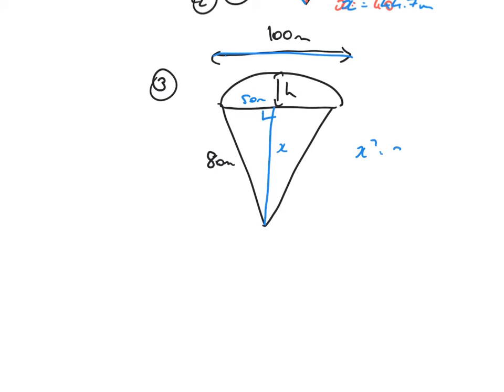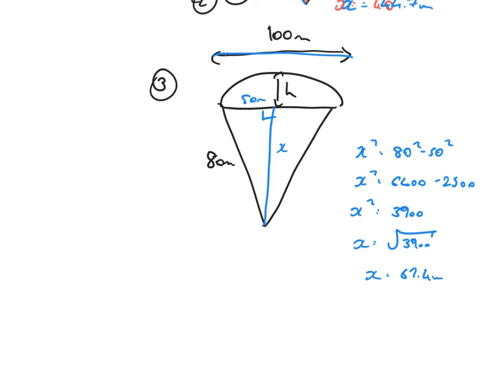Okay, so we're going to half that 100 down to 50, and I'll call that x again. X squared equals 80 squared minus 50 squared. X squared equals 6,400 minus 2,500. X squared will then be equal to 3,900. X is the square root of 3,900. Enter that in the calculator to one decimal place. That is